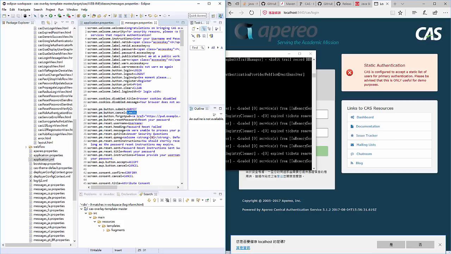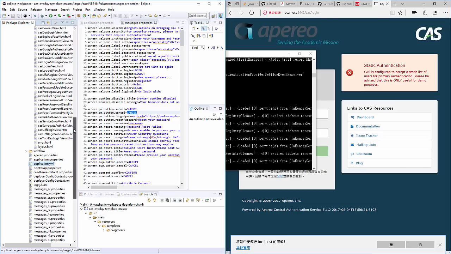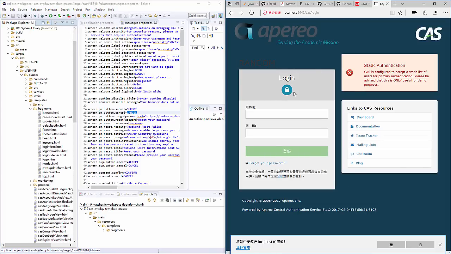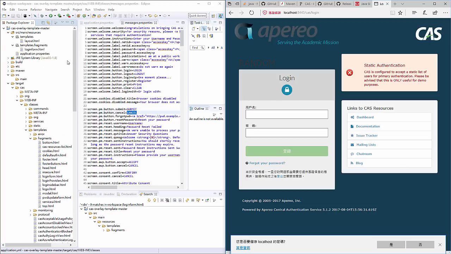And I think that's all for the basics. With all this information, you can just use your own company logo or your own personal logo. You can edit all the files that you need, and you can at least build and run the whole application. So I hope this explanation of the demonstration is good. Not good, maybe bad, but I hope that it will make some people clearer about what's happening in the CAS industry.